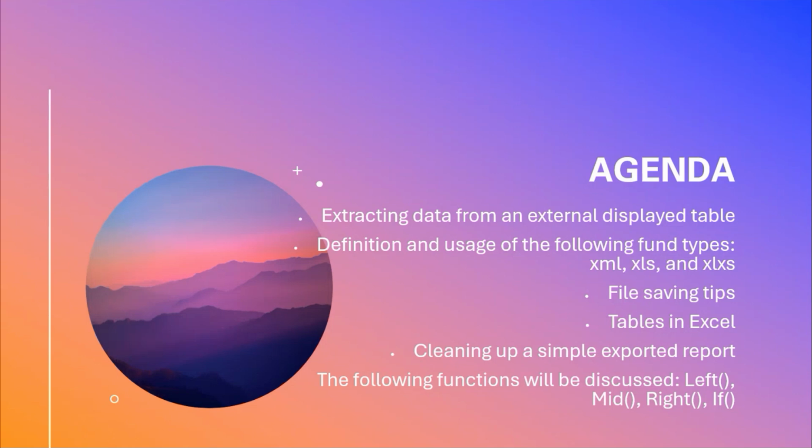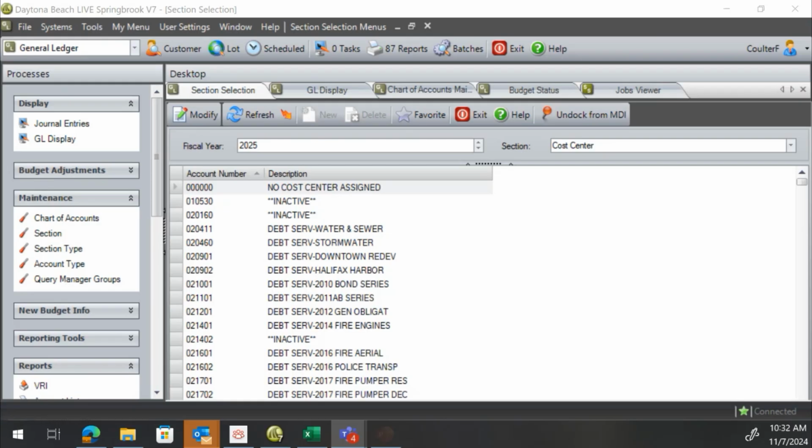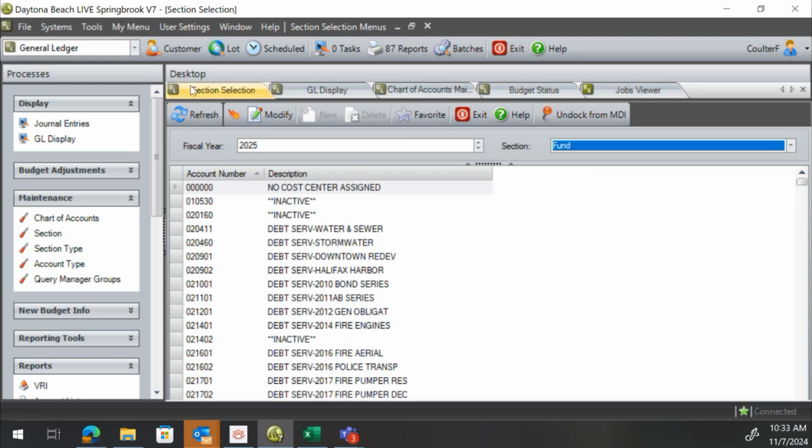Now, this class is all in Excel, and it's in Springbrook for our classes. So we'll get to look at Springbrook. You'll see the screen a lot. These are things we'll be looking at. This is basically in Springbrook. In the maintenance section, you can get a list of cost centers, funds,